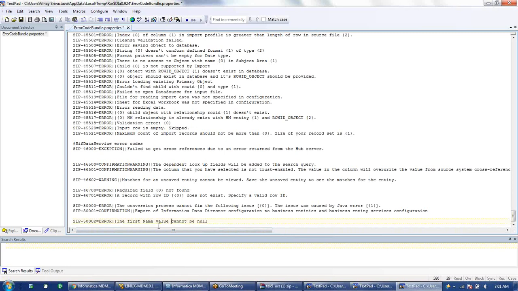So this is a small change which I can do in this file, and I can import it back into the MDM. But if I have to do this same thing in Java, I need to basically search for all the places where they have done this check. I need to change in all the files, compile all the files, generate a jar file, and then upload that into the IDD application again. So that will be a long step. So instead of doing that, this is a better option.